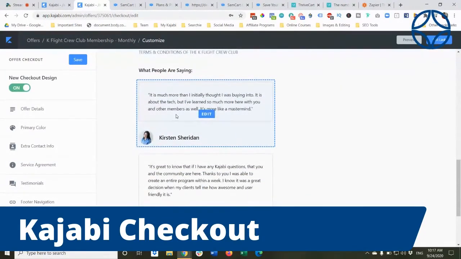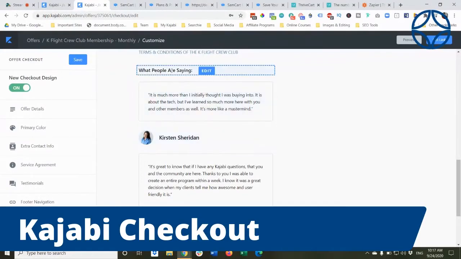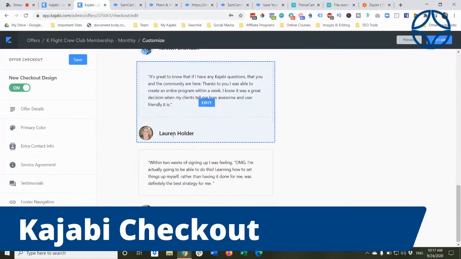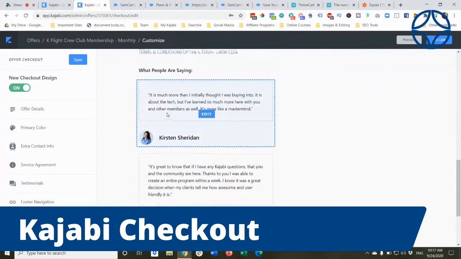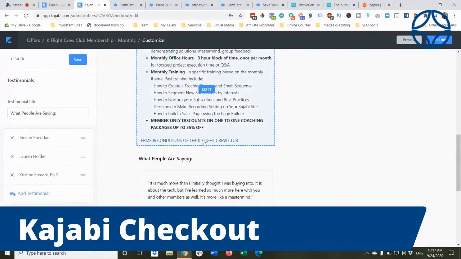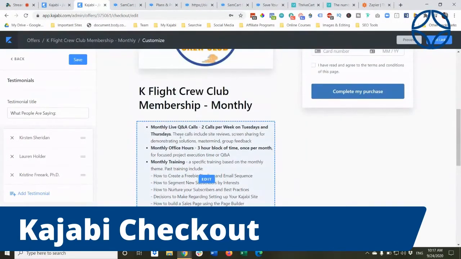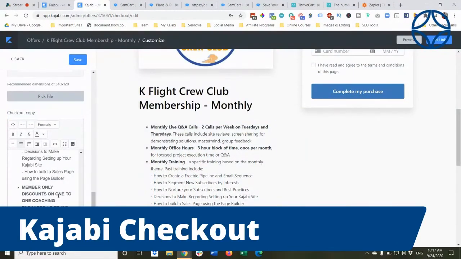Now, one of the options too is you can put testimonials. So you can see here, I have added testimonials, but you also have an option here under this section where you could add a lot more information. Like if you want to put more graphics and more images, you can add images. You could edit this whole section. You could put screenshots of social media posts with your testimonials in here. And you just create an image in Canva with all of those, and you can plug that image in there.